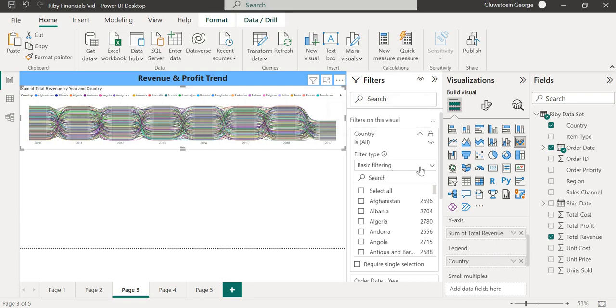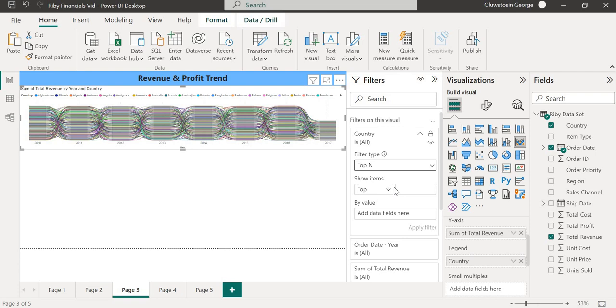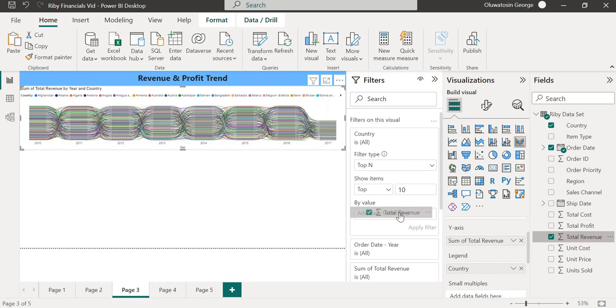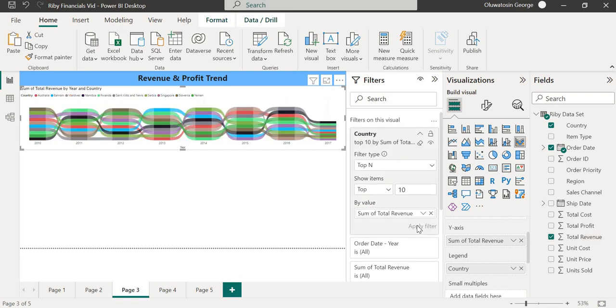Okay, so I do my top 10, or top N rather. Then I still want to make it top. I want the number to be 10. And then by what value do I want to see these top 10 countries? It's actually by total revenue. So I drag my total revenue to the data fields here, then I apply the filter. Right, so you can see that it's now top 10 countries